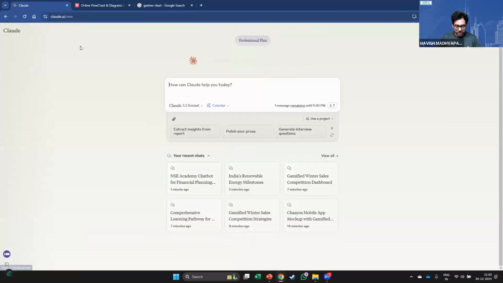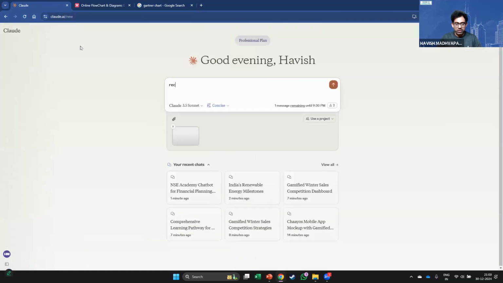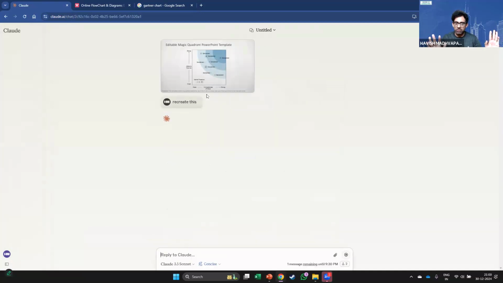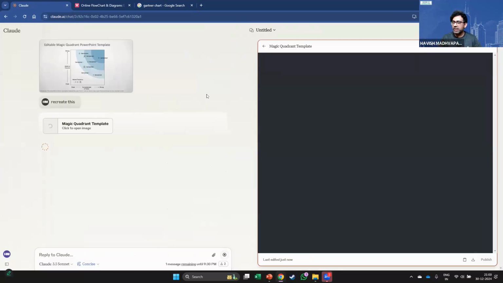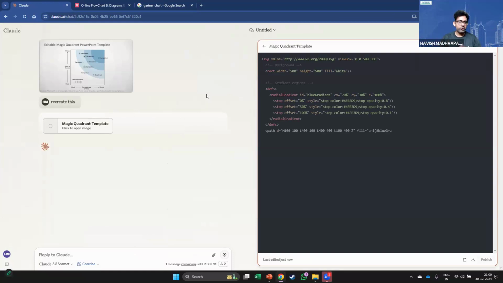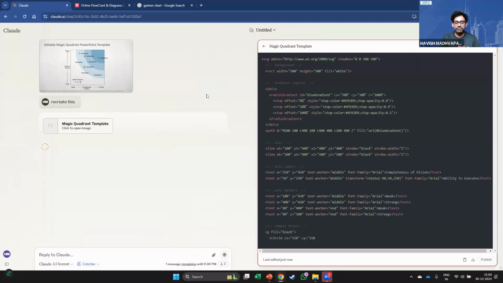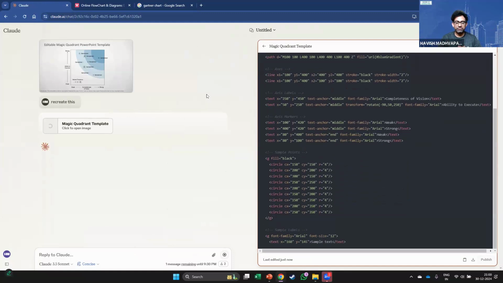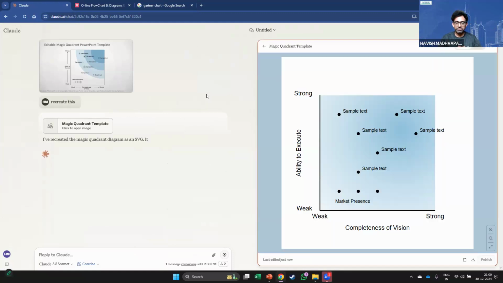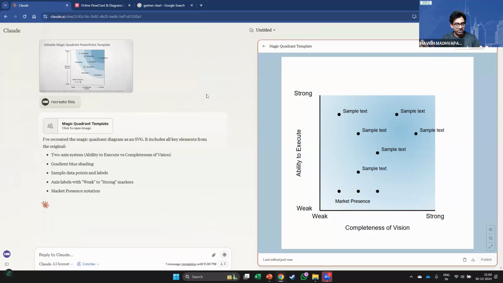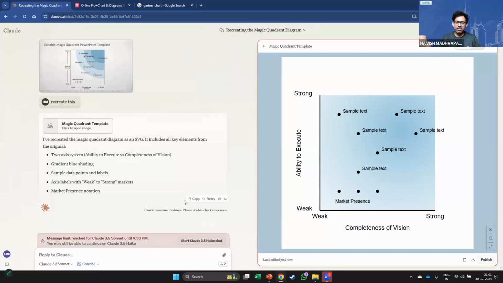And my prompt is, hey, I have this chart, recreate this. That's it. I just have to borrow a chart from one of the firms and then ask it to recreate it and see what it does. It won't be perfect, but it will do quite a good job. Look at this. Not bad, right? I mean, for a starting point. And of course, you can build on top of it, right?